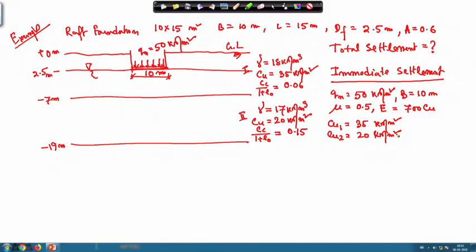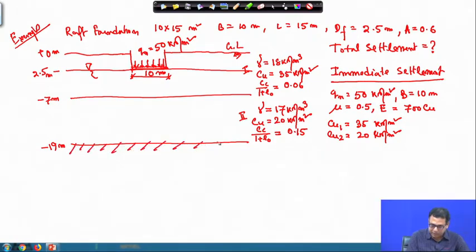Okay. So, now my influence zone, because here it is the bedrock or the rigid. So, this is the rigid. This sign indicates the bedrock, meaning there will be no settlement for this material. The settlement will be only for this soil, which is from 0 to 19 meter. So, the influence zone is twice B, B is 10 meter. So, the influence zone will be 20 meter below the base of the footing.